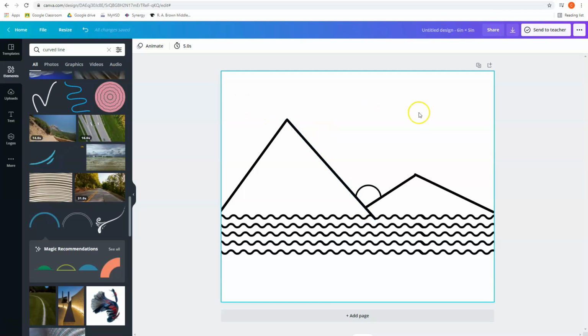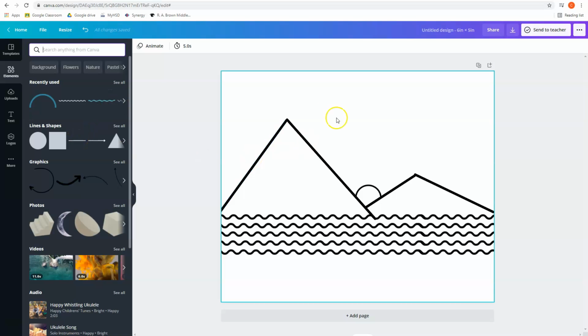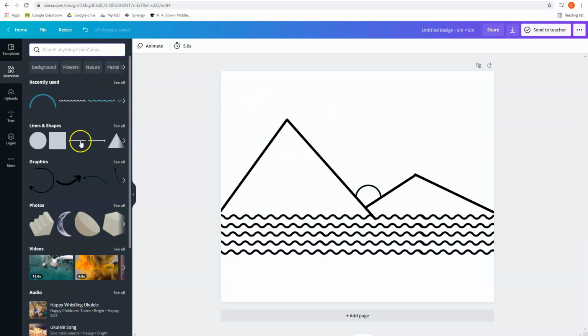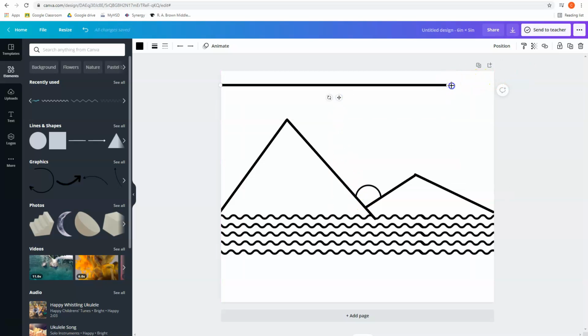And then I need something in the sky. My sky is really blank. I'm trying my best because I want a 3 or a 4 on this project. I'm going to try my best to fill my space on my design as much as I can. I'm going to go back to my lines. Sometimes you can find it in your recently used. Mine is right here. And I know it looks just like my mountain lines, but I'm going to make it